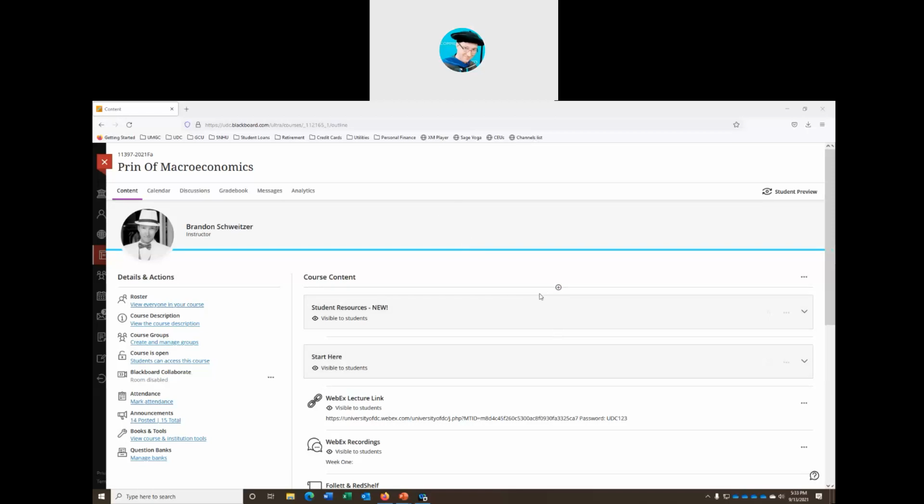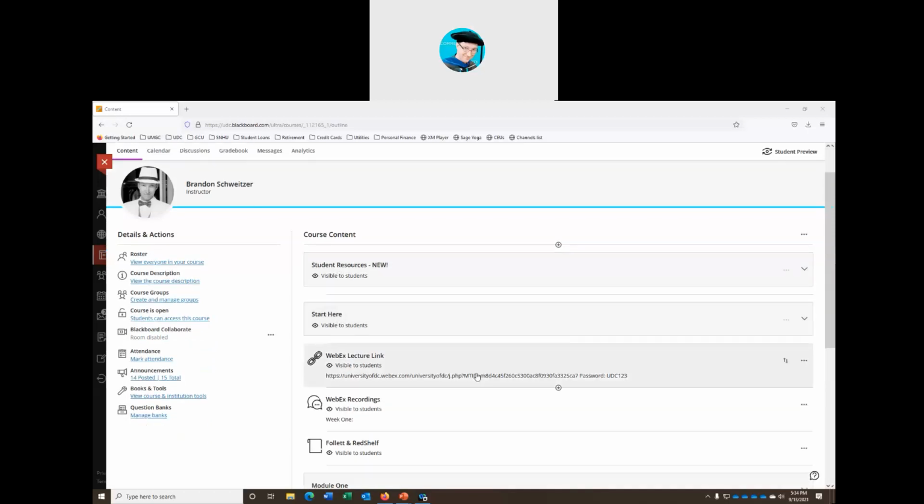Before we jump into elasticity, in the classroom, for those of you who are having trouble accessing my UDC, please try to access it through Firefox. It seems to be the only web browser at the moment that is working properly. So please try to access the classroom through the Firefox web browser. A couple of things I want to point out.